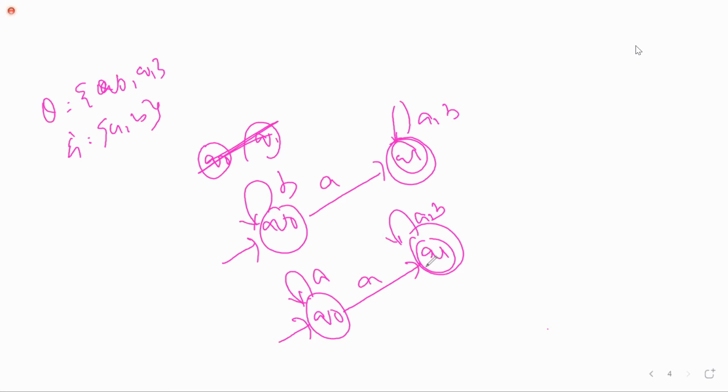Next, if you don't want to transit on a particular input symbol on a particular state, you just leave it. Look here, have I represented Q0 on B? No, ma'am. No means you can leave it. No need of taking the dead state and all. So here I'm mentioning 2 points. First point is, if you want to move to more than one state on a single input symbol, yes, it is possible. If you want to leave any input symbol on any particular state, yes, you can leave it. These are the 2 things which we are getting benefit from the NFA.